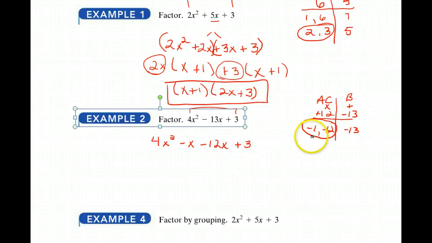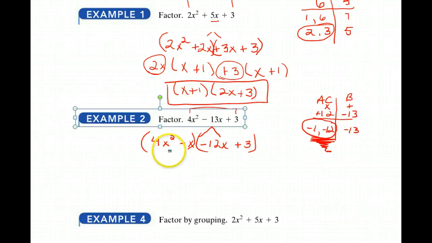Remember, you take the factors that we just identified, and that B term is going to split into those factors. If we combine like terms, we get right back where we started. Now we're going to factor by grouping. So we're going to put parentheses around the first two and the last two, and we're going to remove the